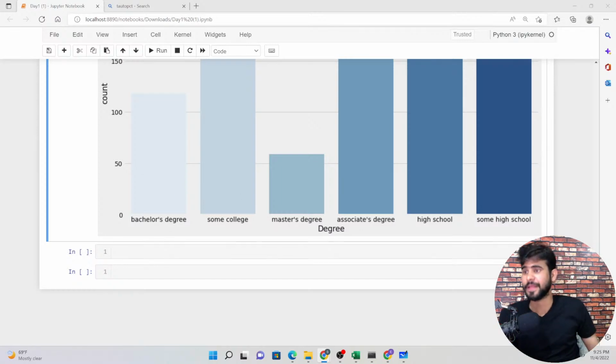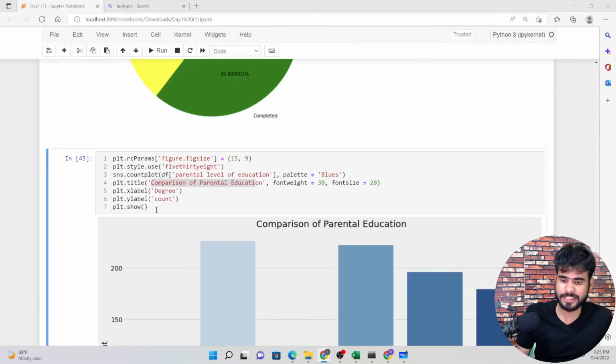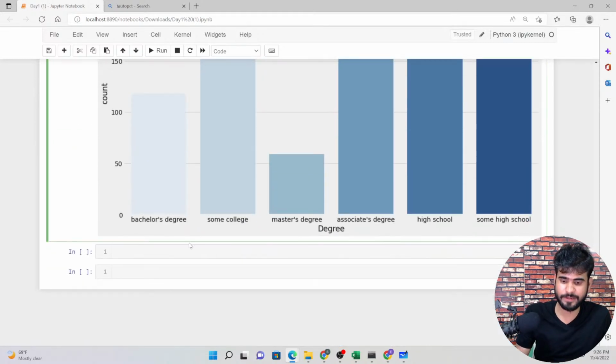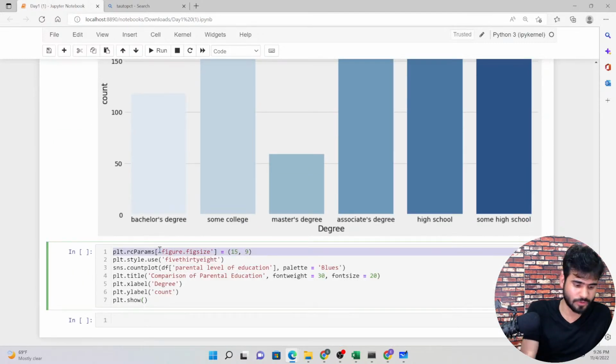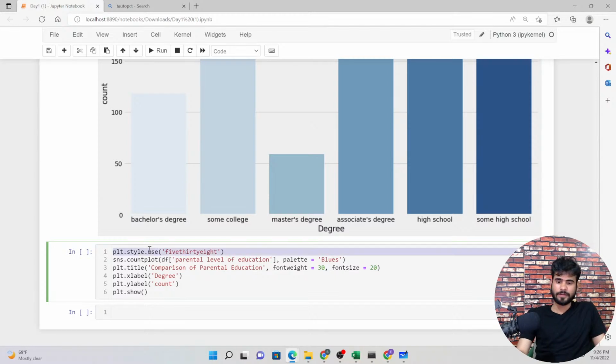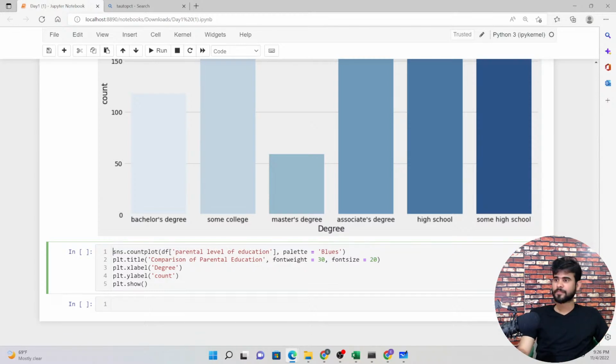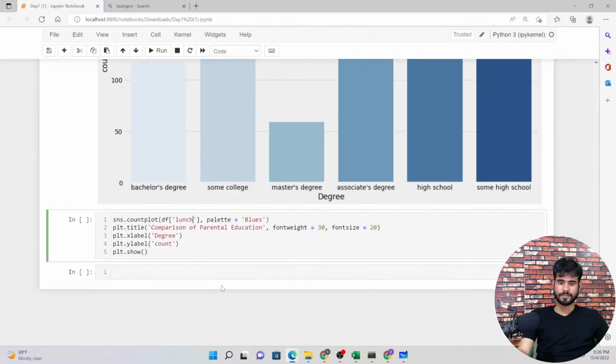Okay, fine. Now let me copy and paste the same code, whatever code I have here. I didn't need the first code, but let me find even the second code. I just need the X label. So for the X label, I just want the lunch column instead of this one. And then I will show you the comparison of lunch.